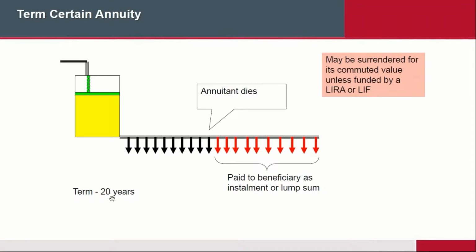So this is not a lifetime annuity. It is an annuity for a very specific period of time. And so therefore, you live for 20 years, you get all that money, and the very next day after your 20th birthday, that's it. The check stops. It's really as simple as that, okay?